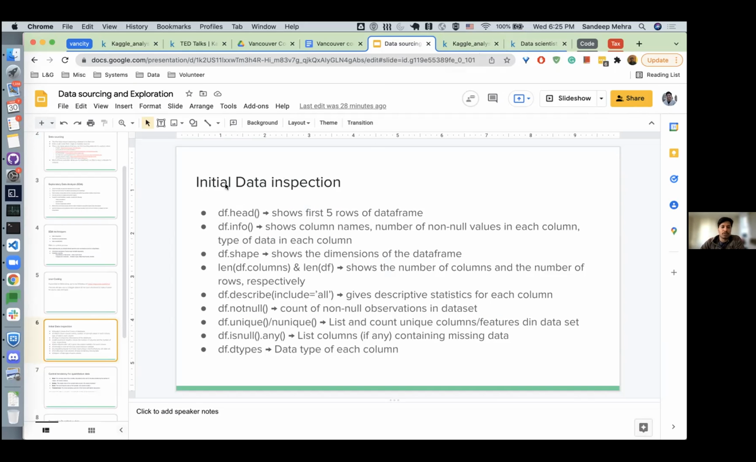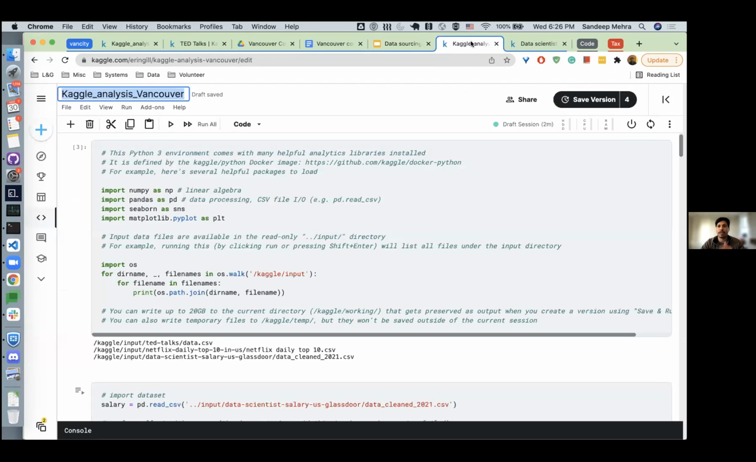All right. So, initial data inspection. At this stage, you're just trying to get a feel of the data, like what kind of rows and columns, and what kind of data is in each of the columns. We have a few different functions here. Whenever it says df, that is just the data frame. If you are familiar with the pandas library for Python,